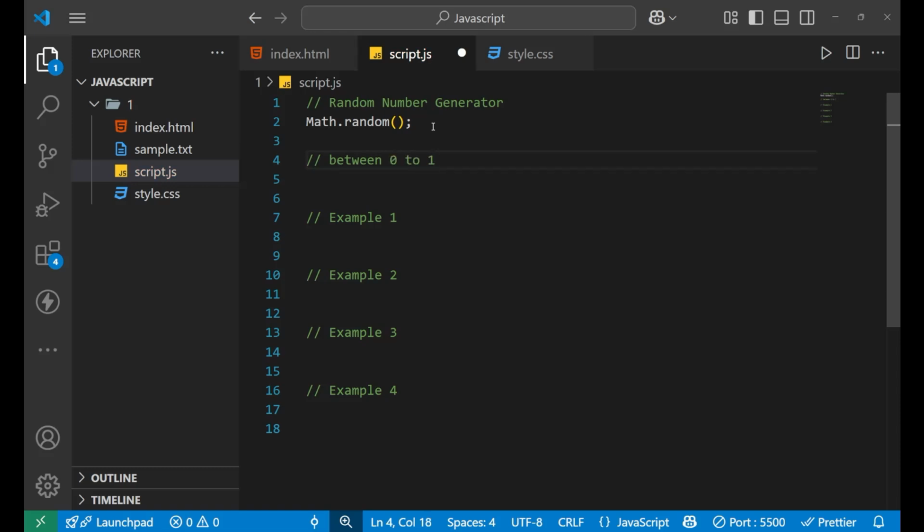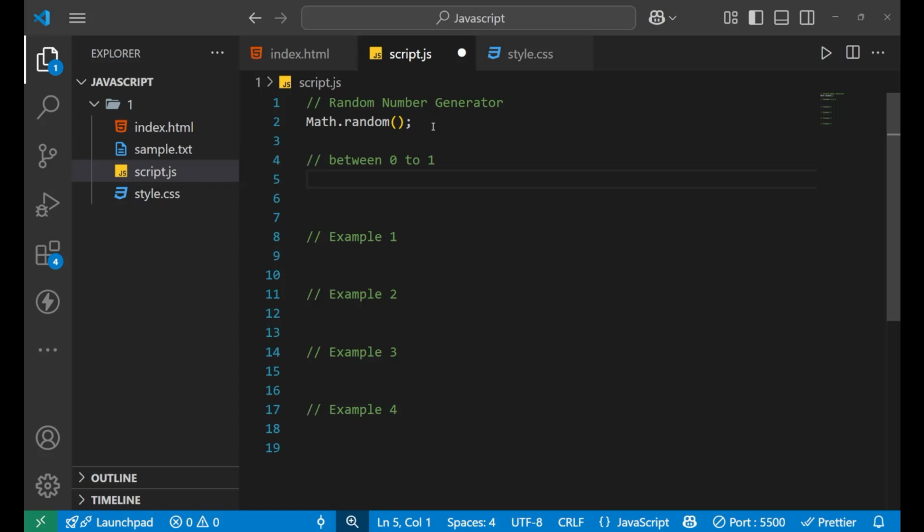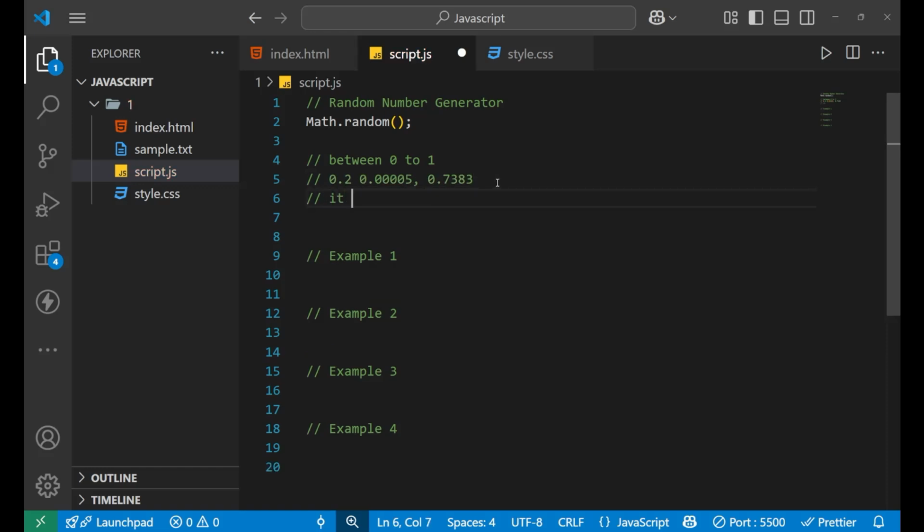It will generate values between 0 and 1, like 0.2, 0.00005, any random number you can think of would be generated by this random function. But one thing you need to keep in mind is that it will never generate 1.